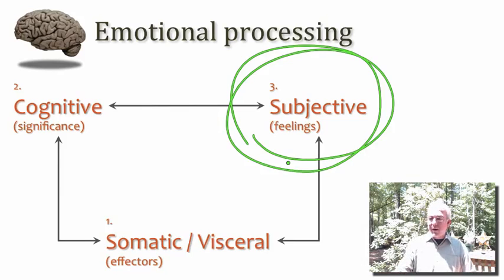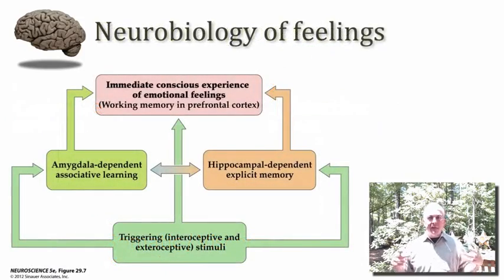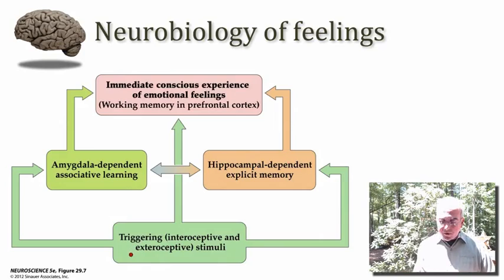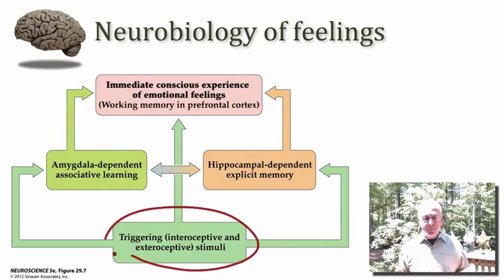So this has led to the proposition that perhaps feelings are the consequence of having emotions within a cognitive faculty that is capable of self-reflection, of introspection, of working memory. So the notion here is that perhaps feelings are a kind of emotional working memory. So imagine then that there are the appropriate stimuli that might trigger the experience of an emotion.